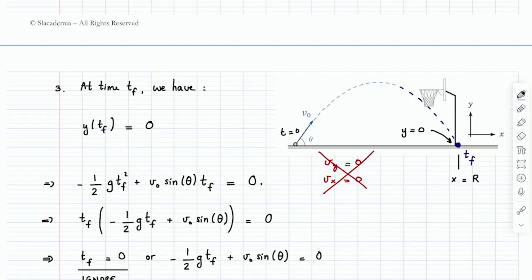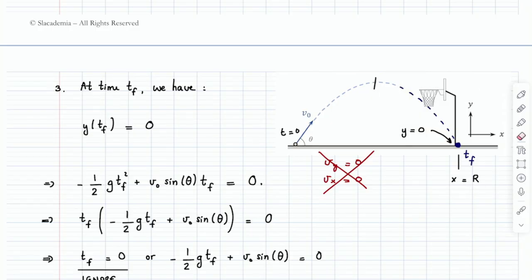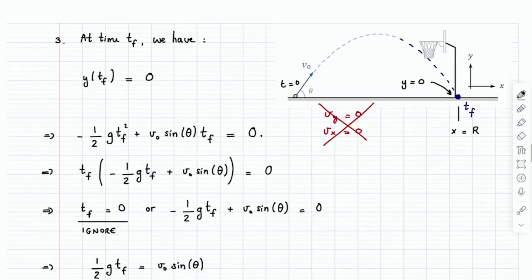If Tony Parker were jumping onto a platform, then you could not claim that the time to go from here to here is the same as the time to go from here to here. It's not true, right? So you have to be super careful before you start using this t final is 2t1 thing. It's very tempting to want to use it, but it's only true if you have a symmetric parabola, right? You have to have the same amount on both sides exactly so that you can claim this.